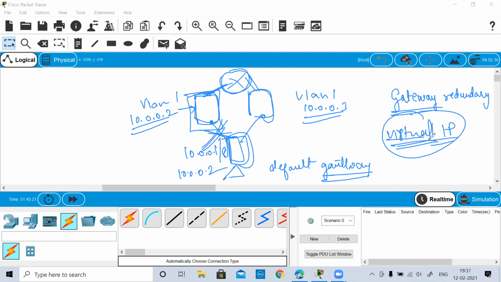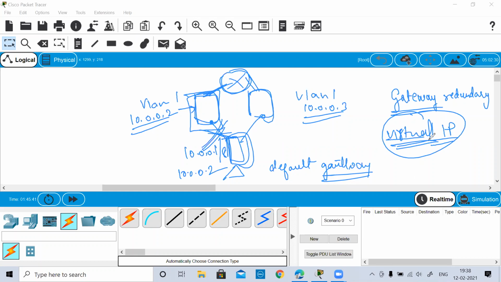You wanted to have EtherChannel. Then we also understood that redundancy is a must for taking care of your campus design network. When you're designing the network, there also we understood that redundancy is a must. So why not have the redundancy in terms of gateway?